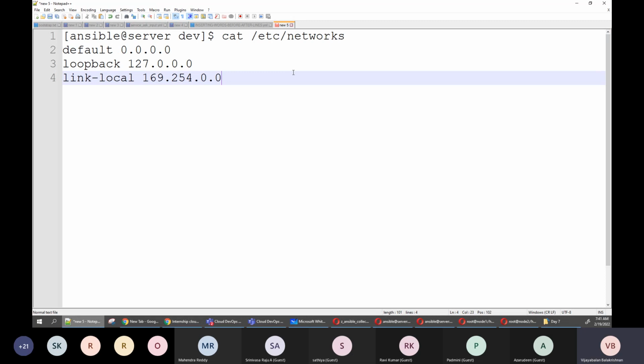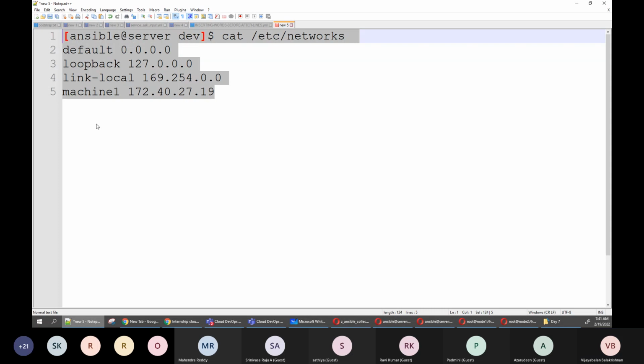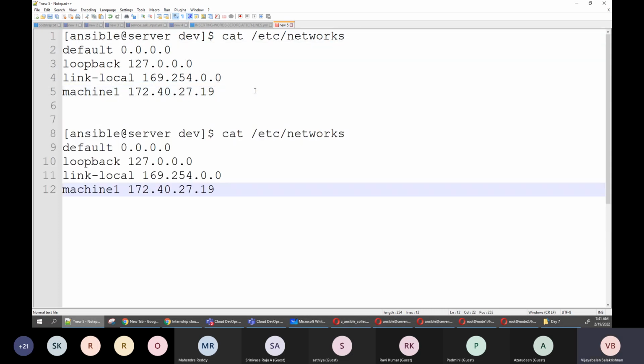So if I copy this file to the first machine, I have this one. So for the first machine, while copying, it has to say the machine name, that machine name 1, and that machine's IP address, 172.20.40.67.19. The same file, while copying to the second machine, has to copy from that machine name. It has to automatically replicate 172.78.82. So how do you achieve this?